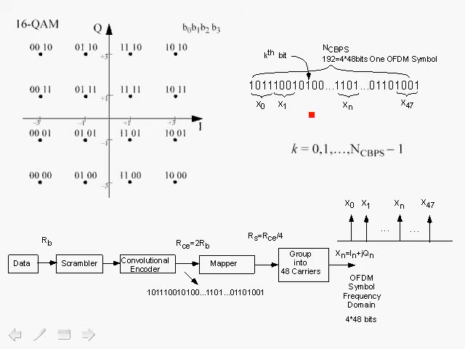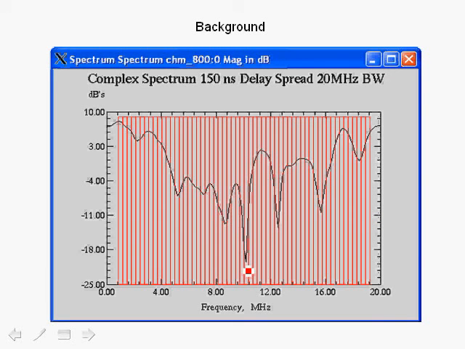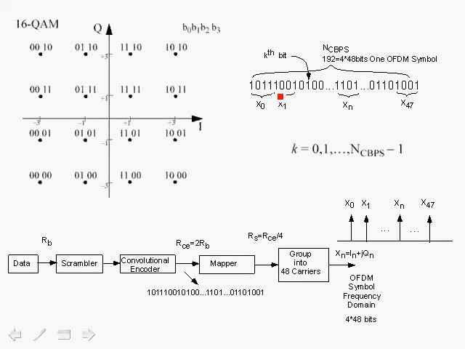Now, the process of interleaving is to make sure that each carrier that contains bits does not contain adjacent bits, so that if we lose a carrier due to deep fades and we lose 4 bits, those bits are not continuous bits within the coded bit stream. In that case, we will have a burst error, and as we mentioned, the Viterbi decoder is not very good